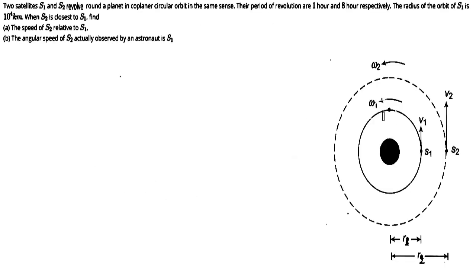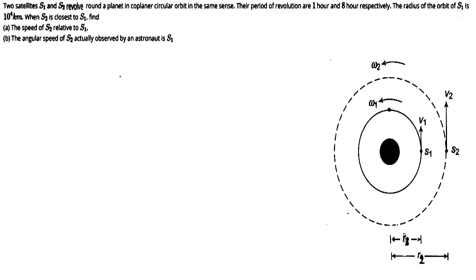यहाँ पे हमको 2 सैटेलाइट S1 एंड S2 गिवन हैं, जो एक राउंड प्लेनेट को सर्कुलर ऑर्बिट में, इन द सेम सेंस से, यहाँ पे V1 एंड V2 से मूव कर रहे हैं। बोला है कि द टाइम पीरियड ऑफ द रिवोल्यूशन S1 के लिए 1 आवर है एंड S2 के लिए 8 आवर है।